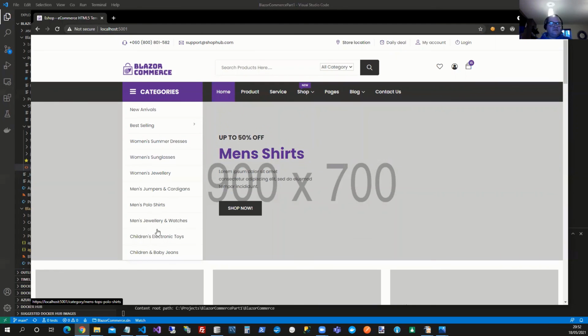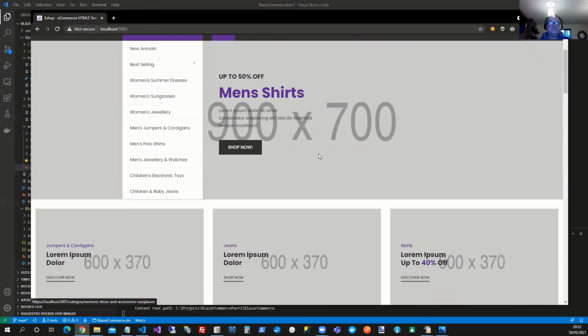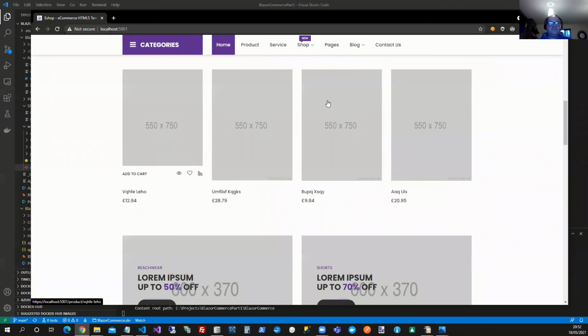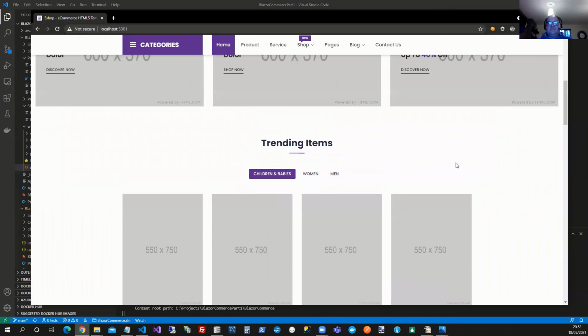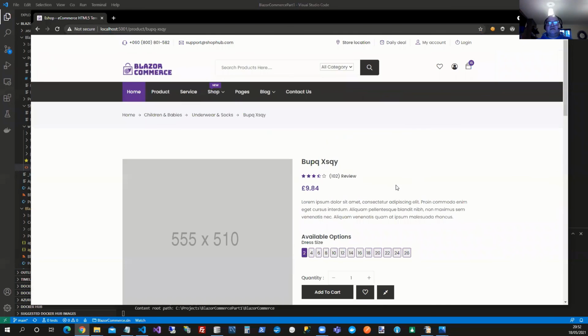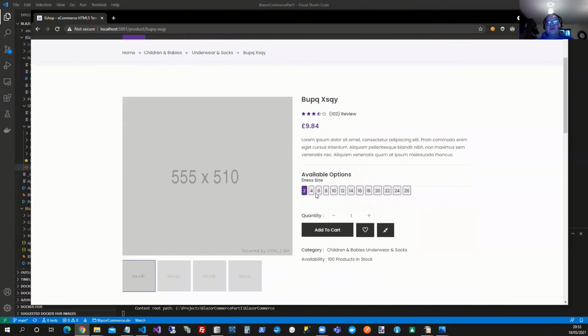So here's all our leaf categories. All these products here are dynamic as well. I can switch in and out, and this all works nicely. You can notice the product images, the products are all changing. We can click on one of these, go to a product itself. I've already got a shopping basket, which I've been playing with. I've got these available options. The only thing I haven't been able to do is highlight the selected option when you click on it, but